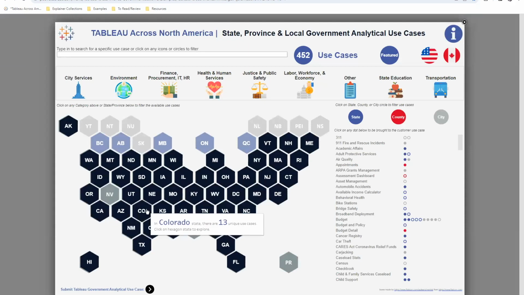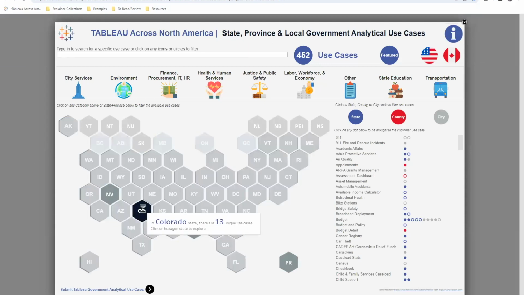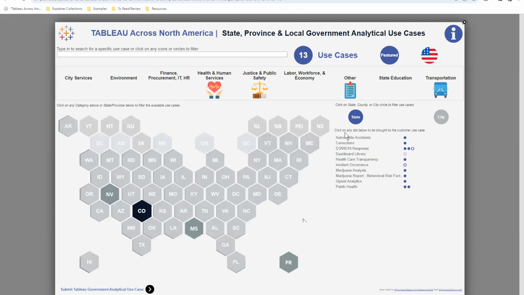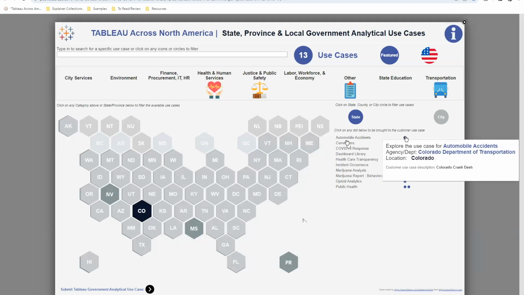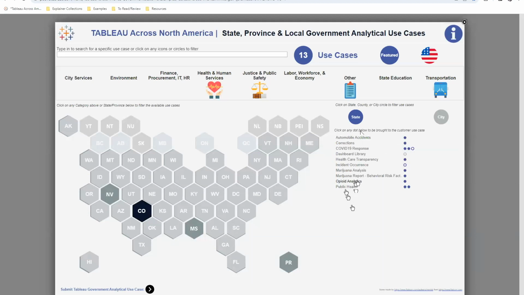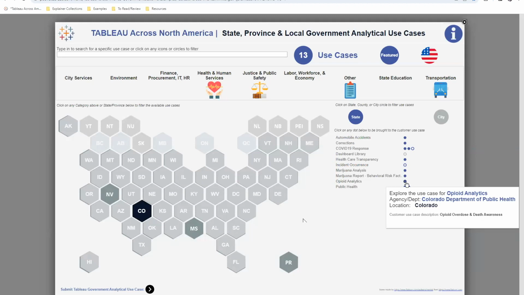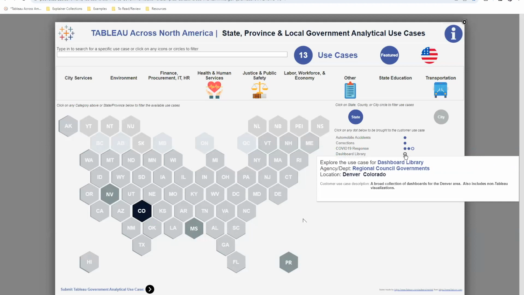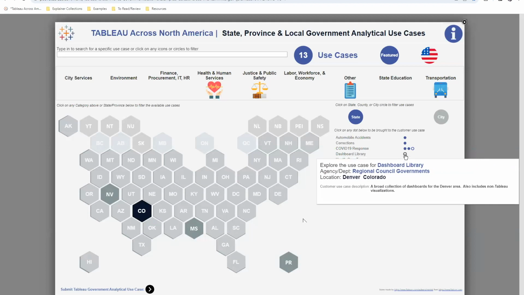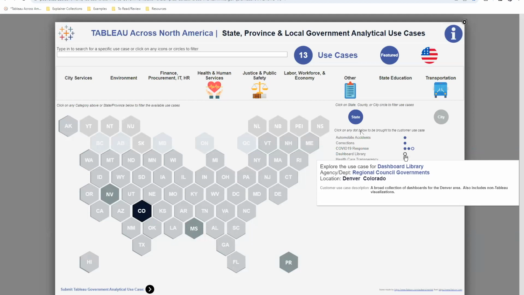If we just look at Colorado, for example, we can see all of the myriad of use cases that we're aware of where they're using Tableau to communicate about a variety of different things, such as automobile accidents from the Department of Transportation, opioid analytics from the Department of Public Health and Environment, or collections of resources from the city of Denver. Lots of great use cases.